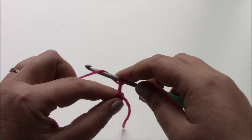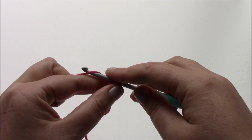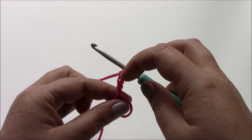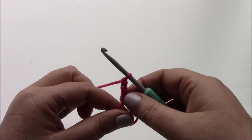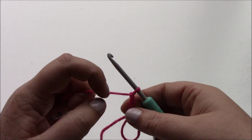2 and 3, and then chain 1. So the pattern for this is a double crochet, chain, double crochet, chain, all the way around until we have 8 double crochet. So that's 1,